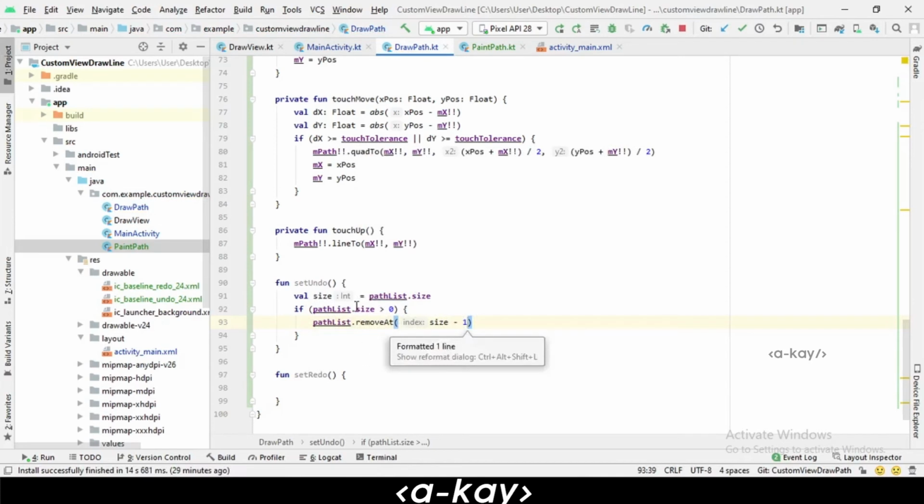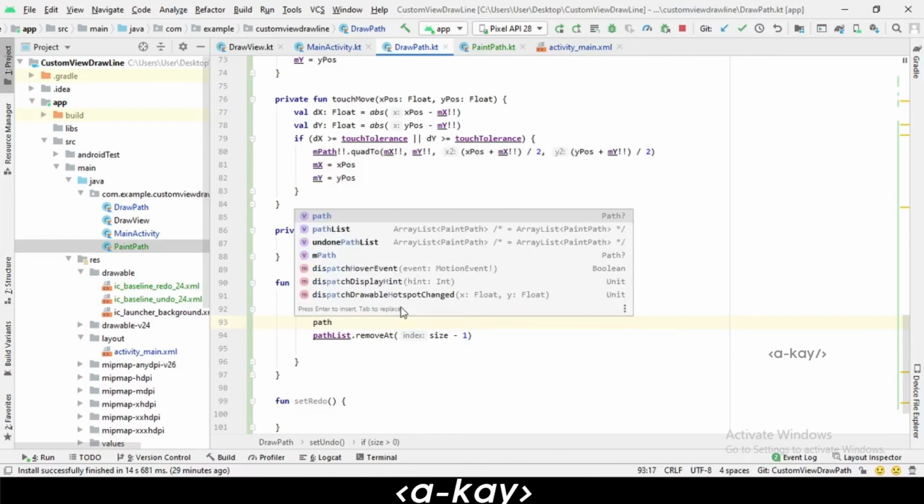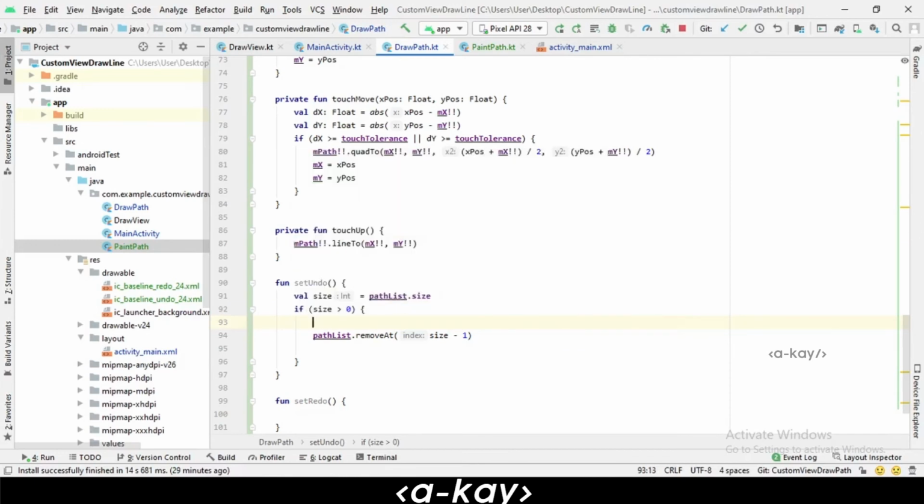We can use size itself here, don't want to give path list dot size. Okay, and also we want to add that path list in undone list, because we want to give redo also.